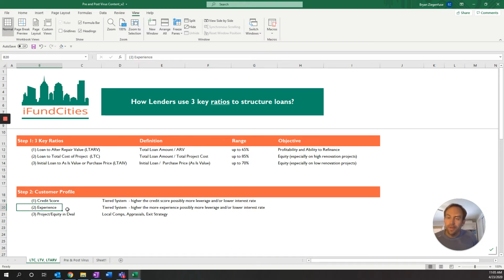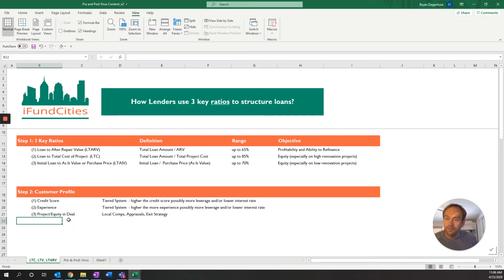Experience: how many projects has the customer completed? More experience, possibly more leverage and or a lower interest rate. And then the project itself: how much equity is in the deal, and what type of project it is. If it's a new construction project, it might require a little bit more equity than